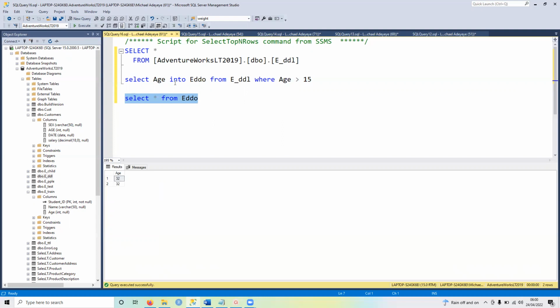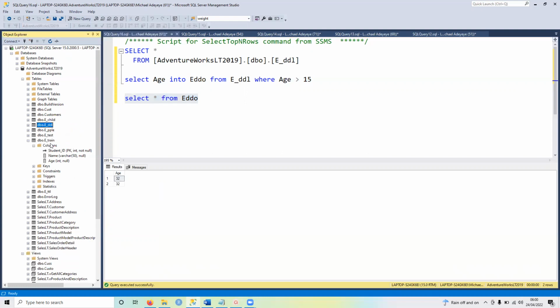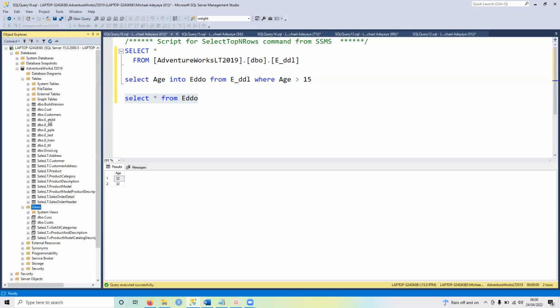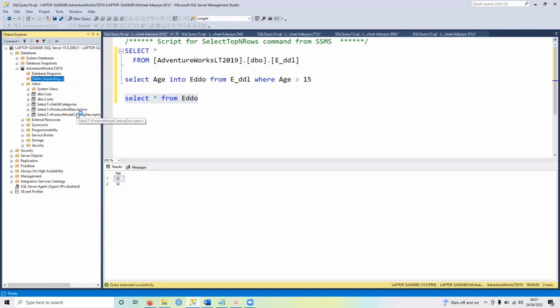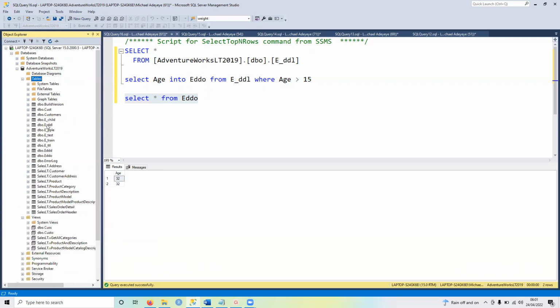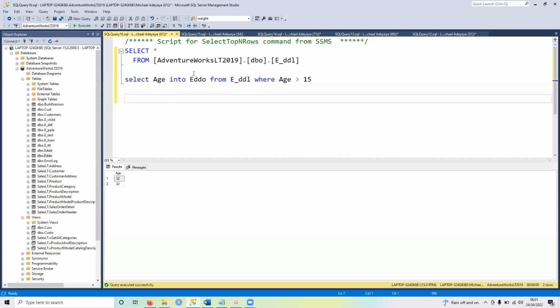It's different from view. Remember, view, you have to check it under views, right? Under the view part. But for cloned tables, let me refresh this. You can see that you now see EDD now. You see EDD and IDO that you just created. Now, to create a temporary table is similar to what you have here, except that